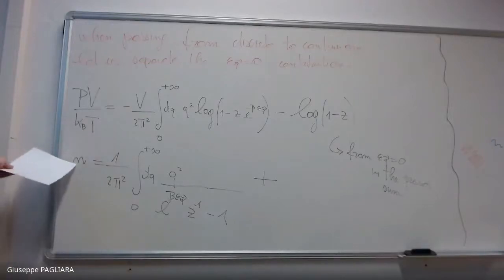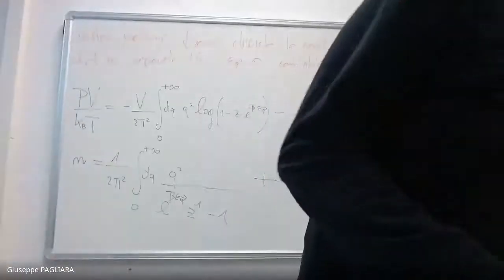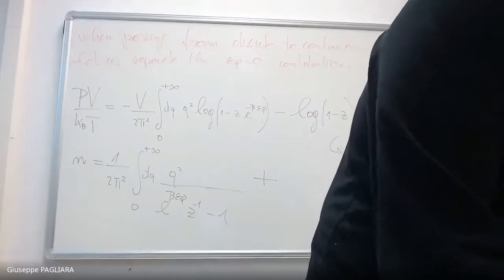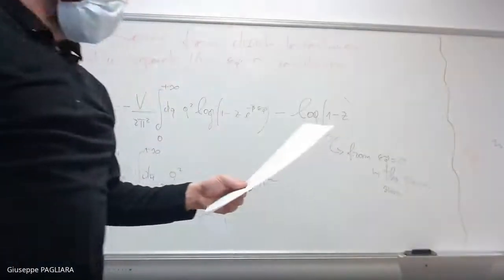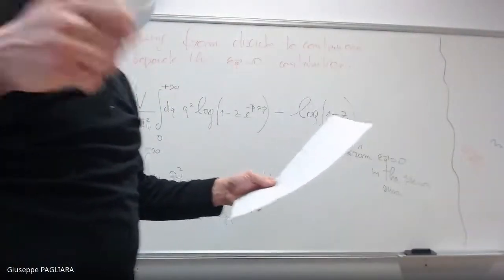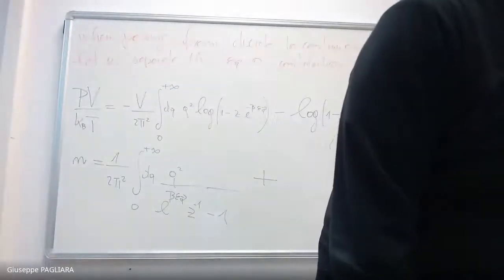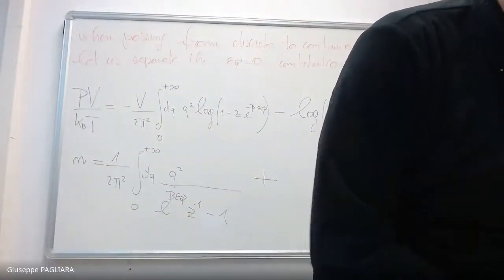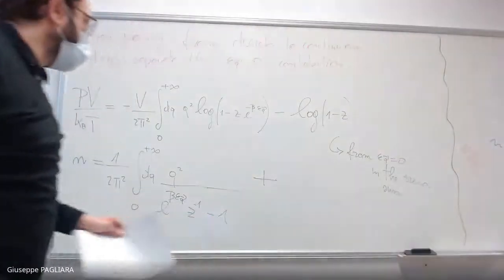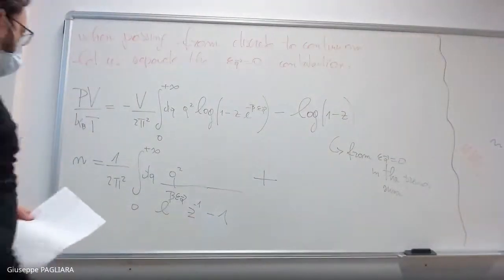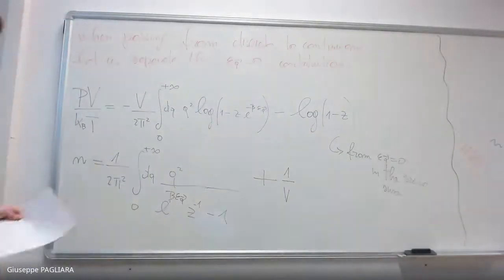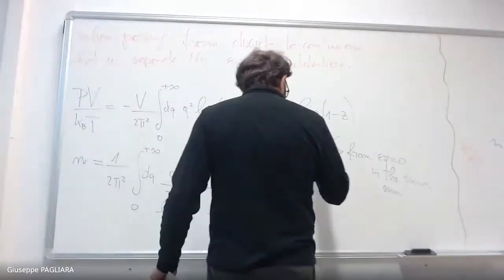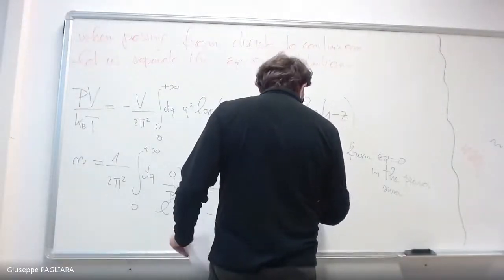And if you take the expression that we had before, the sum of 1 divided by e to the power beta (epsilon minus mu) minus 1, which is z to the minus 1, e to the beta epsilon minus 1, you take this expression, and you get 1 over the volume, as it should be, 1 over the volume, and then I have 1 divided by z to the minus 1,